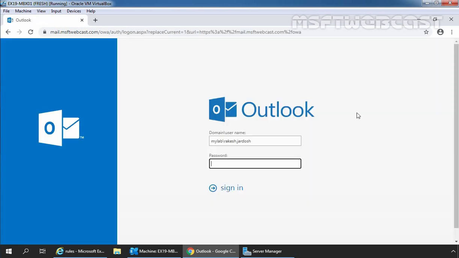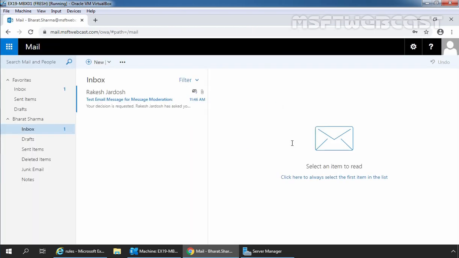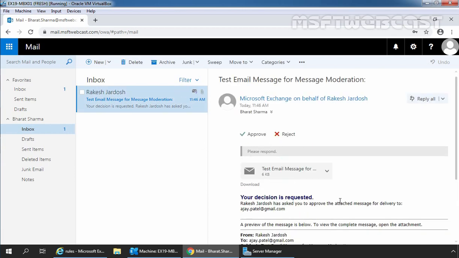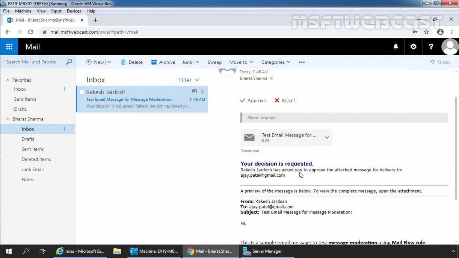And now the moderator, in our case Bharat Sharma, will receive an email with a request to approve or reject the message from our user Rakesh Jardos. Let's sign in as Bharat Sharma. And in the Outlook on the web, we can see the message from our user Rakesh Jardos. Let's click on it. You can see your decision is requested. Rakesh Jardos has asked you to approve the attached message for the delivery to